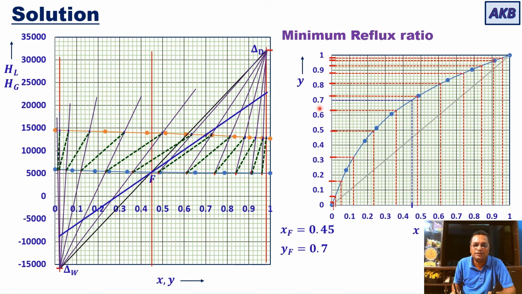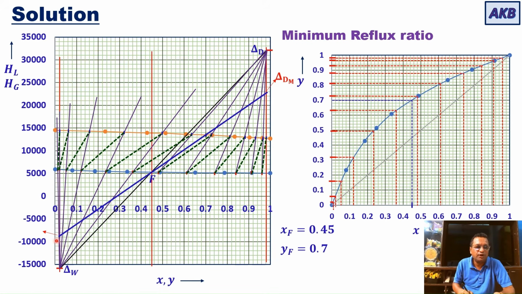It is 0.7, so I have located 0.7 over here. Then I have drawn a line that passes through this point and F, and extended it to meet the vertical line through XD and the vertical line through XW. So this point will be delta DM, that is the difference point for minimum reflux ratio,